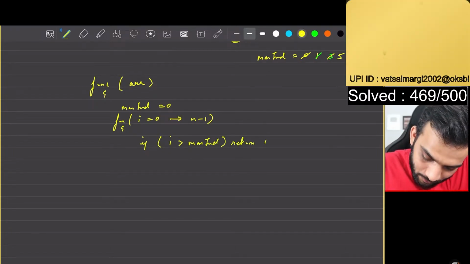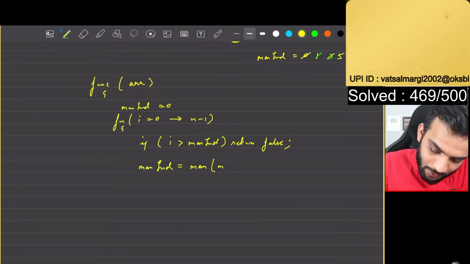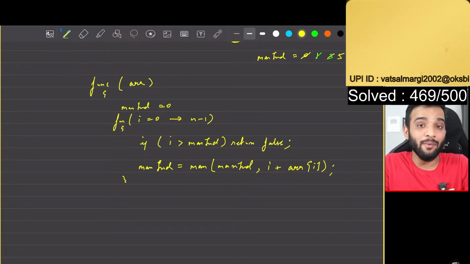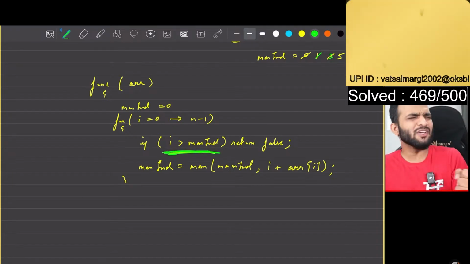So thereby you can straight away return false. Correct? Apart from it, can I say max index can always be updated to max of (max index, i plus array[i]), whatever jump is given to you. At any moment, if max index is greater than or equal to n minus 1, you can stop. And if this condition never happens, which means you're able to reach the last index,